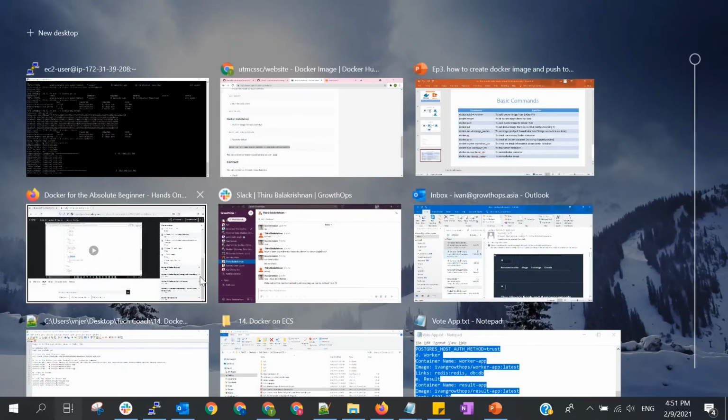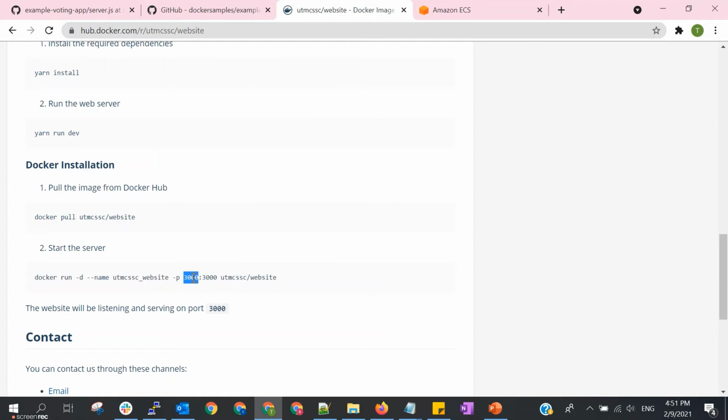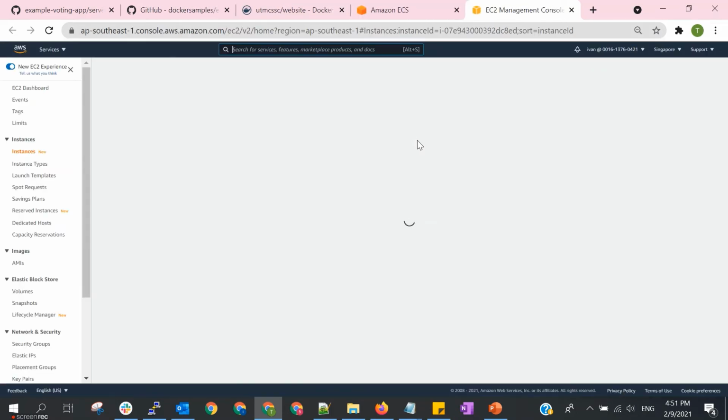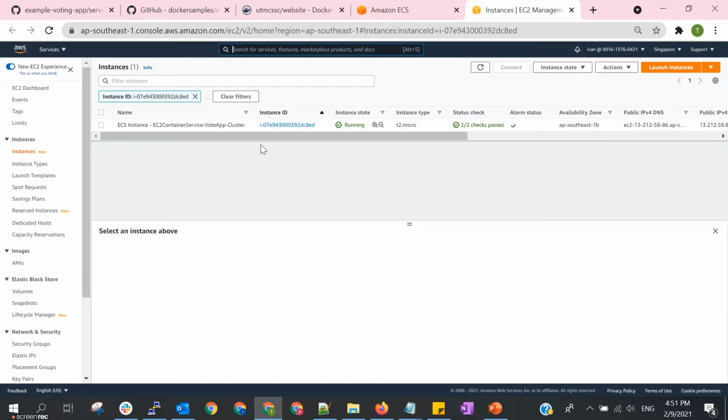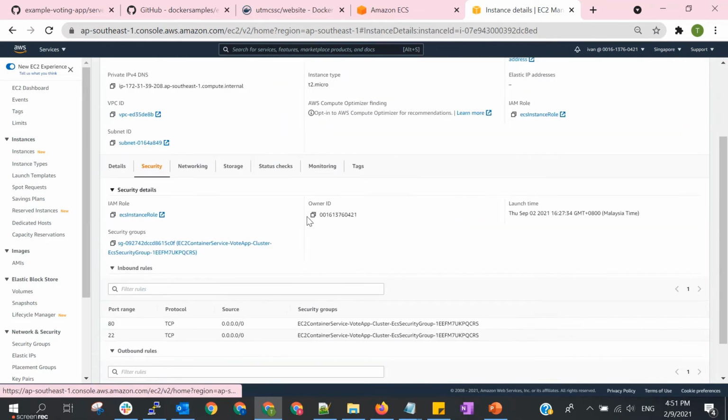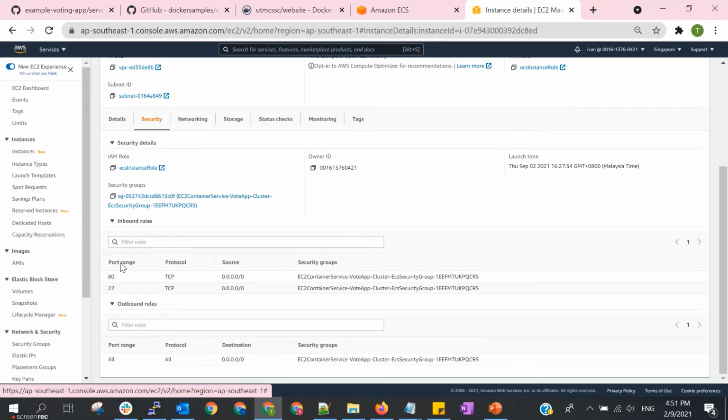It is using port 3000, and if we go to our ECS instance, do remember that we need to also whitelist in our security group, because currently it's only allowing the inbound rules port 80 and 22 for SSH.